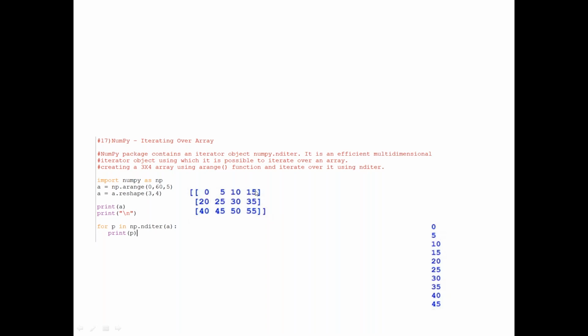So 0, 5, 10, 15. It will be retrieved one after another and printed. You can see at the bottom right hand side, each number has been printed. Once the first row is completed, then it will go to the second row. Once the second row is completed, it will go to the third row. So nditer is the function to retrieve the data from each cell and do operations and save it back or print.